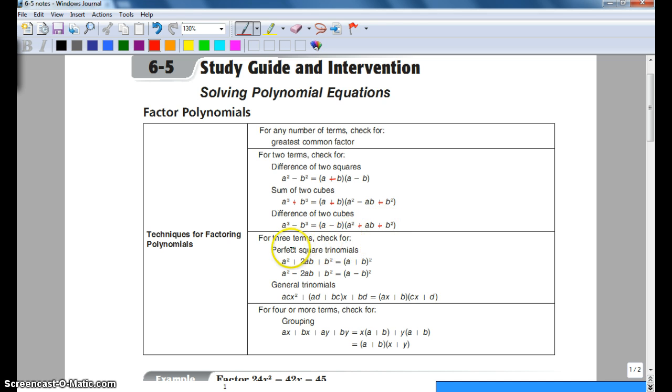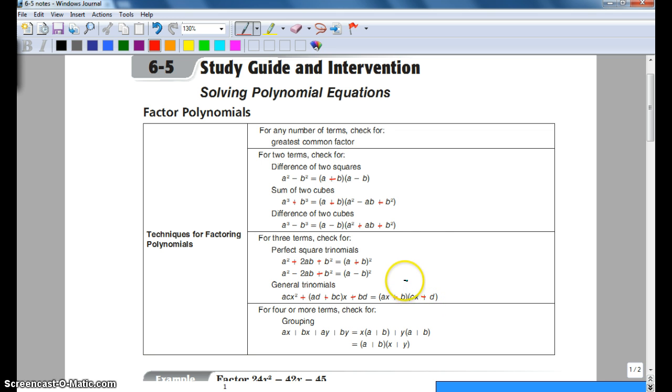For three terms, we check for perfect square trinomials. For example, a squared plus 2ab plus b squared equals a plus b quantity squared. A squared minus 2ab plus b squared equals a minus b quantity squared. And then general trinomials, acx squared plus the quantity ad plus bc in parentheses times x plus bd equals ax plus b times the quantity cx plus d. So in essence,